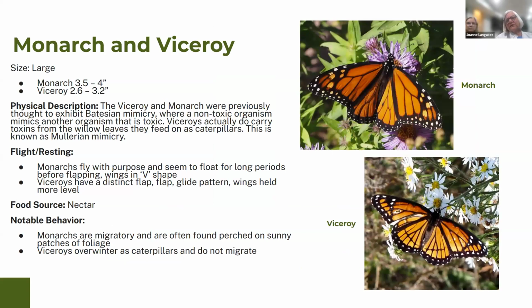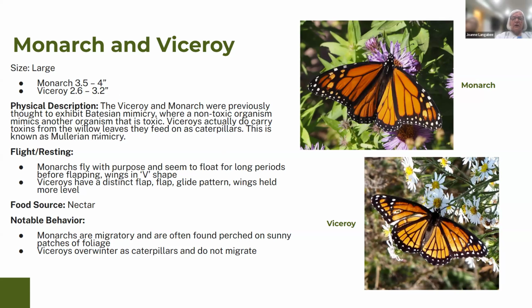Of course, the monarch is the poster child. Yes, we're worried about the migration and such, but the monarch has been helping increase the study of all butterflies. And this has become important because butterflies are declining by 22% over the last 20 years. And it's kind of our poster child. So there you can see the difference.